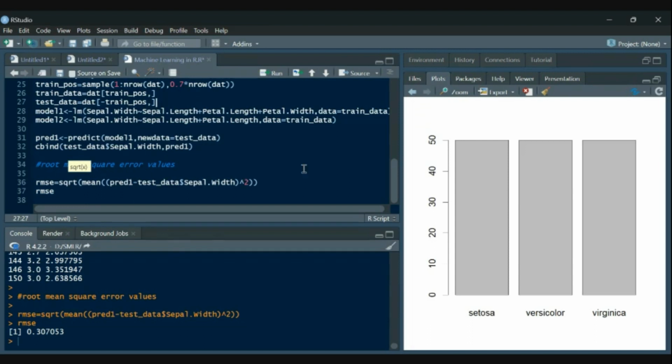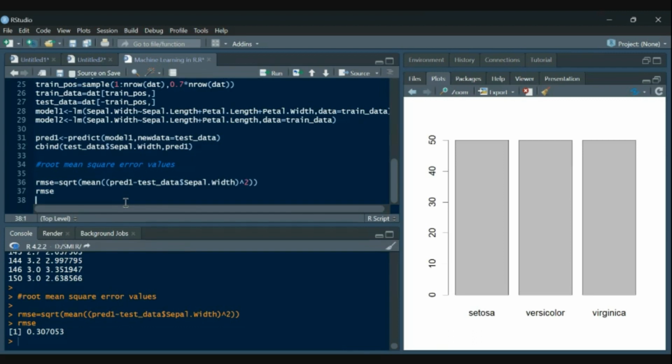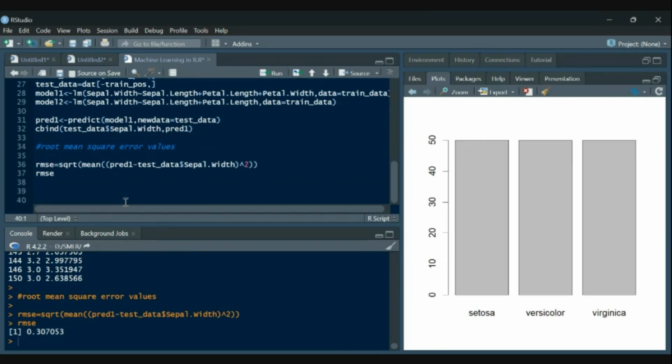Okay. So we need to learn how to create a function in R. There are two things, functions and looping.